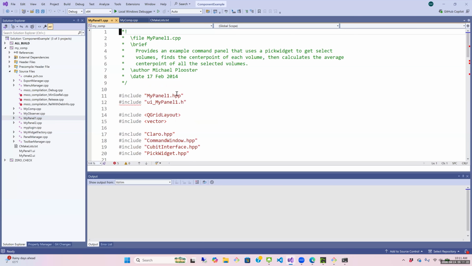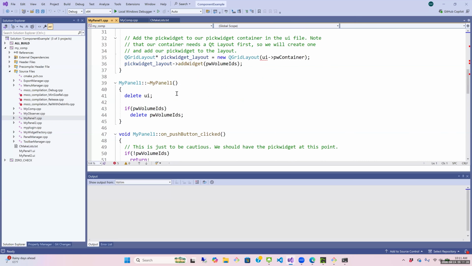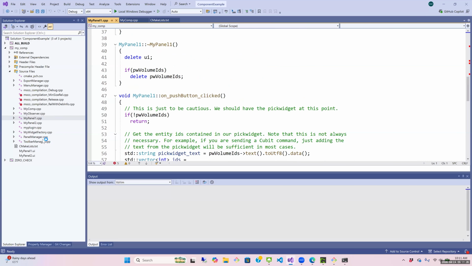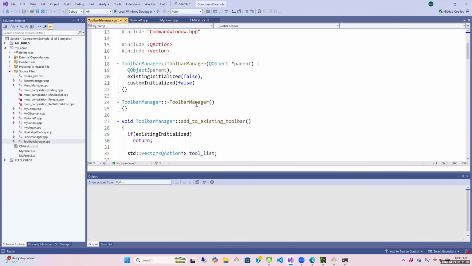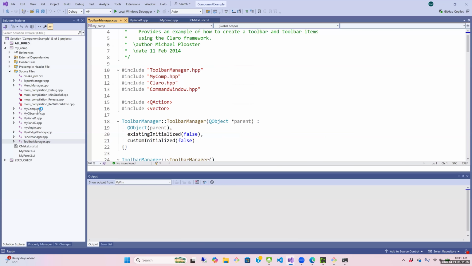I've got definitions for the panels and how some panels work. I've got a toolbar manager that says, okay, how do I manage putting on new tools? So there's all the code. This is just stuff that was copied. So now if I build this,